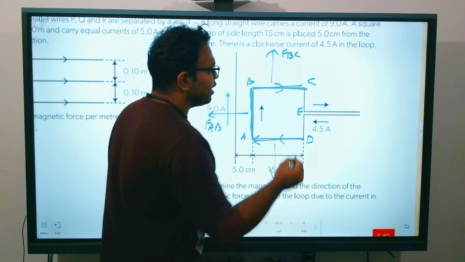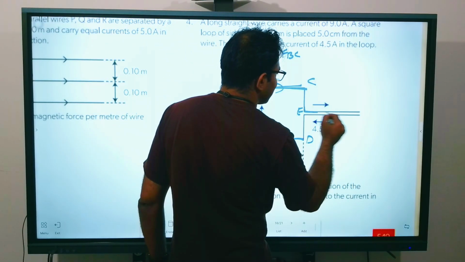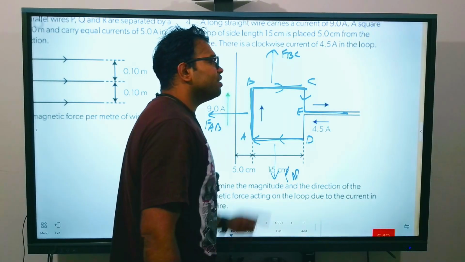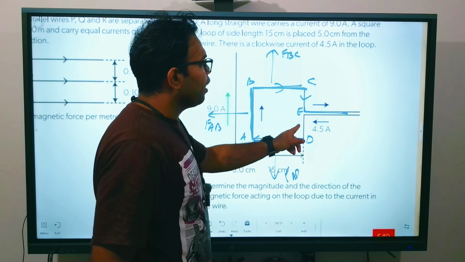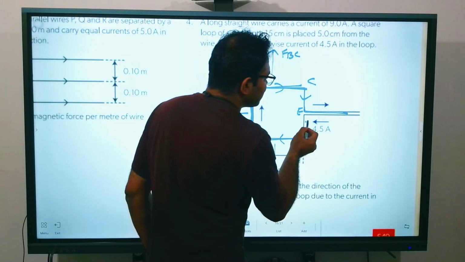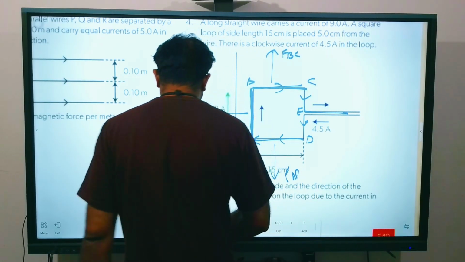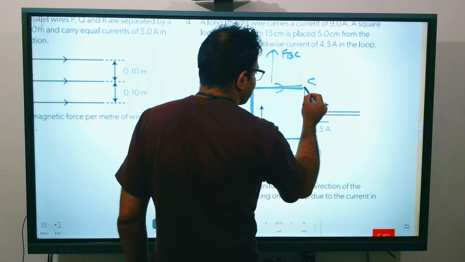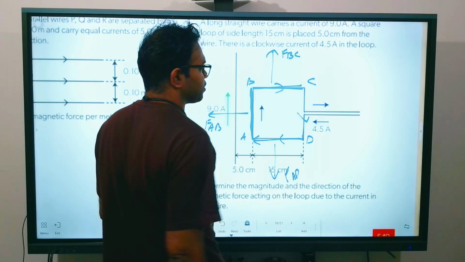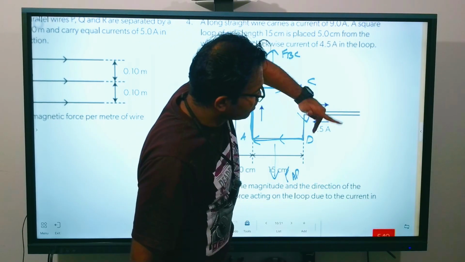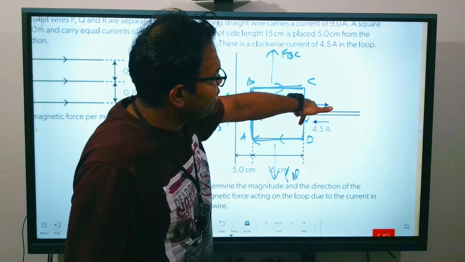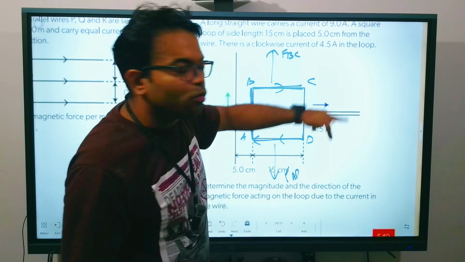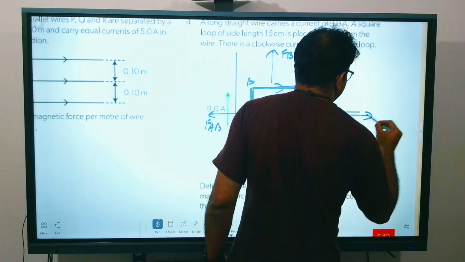CE has the current going like this. The current is downwards for CE, and here also the current is downwards only. We can consider this to be a single side because the current is overall downwards in this direction. So the current is downwards, the magnetic field is here, therefore the force will act in this direction. We can call it